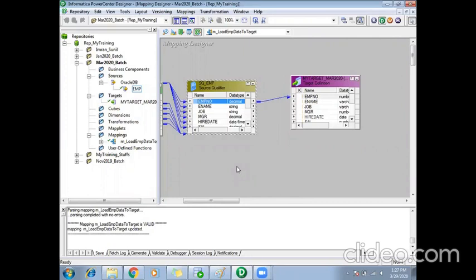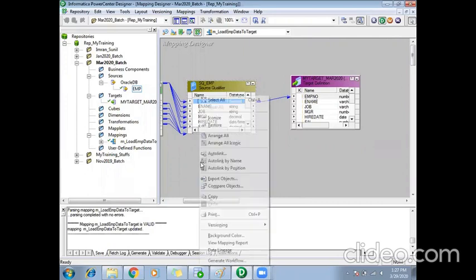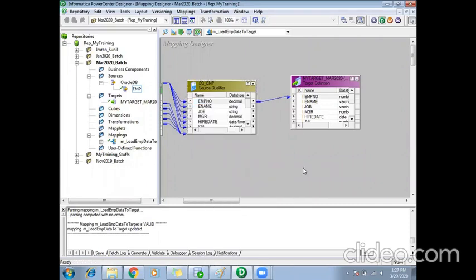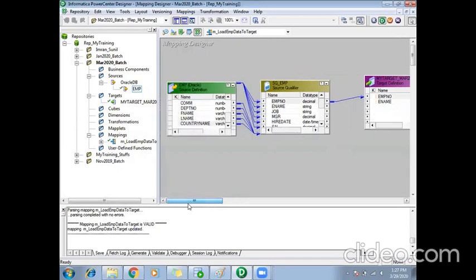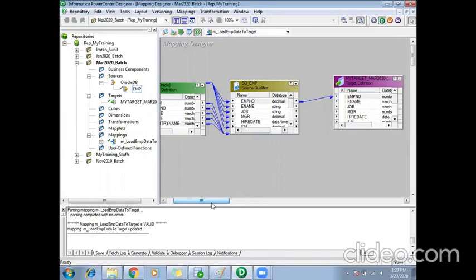With this logic, I want to run my code. I want to run this mapping. If you see anywhere, we don't have a run option here. If I right click also, I don't see any run option. So that means I can't run my code in my PowerCenter Designer. This is my code here, where I have created one source and one target, and I have linked the employee number port from source to target. And I want to see what it will do when I run it, but I don't have an option to run it in my PowerCenter Designer.